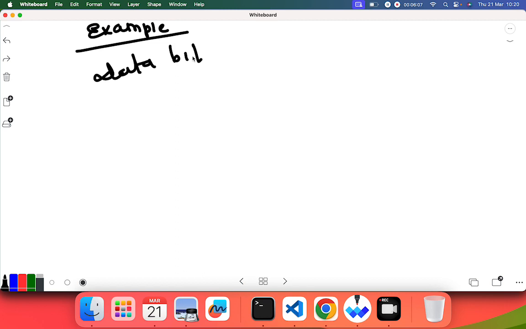This is our data bit, which is 1011. So here we need to calculate, this is a 7-bit. We are working for a 7-bit data set where the data bit is given, that is 1011. Here we need to calculate the parity P1, P2 and P4, complete the data set, and we need to send